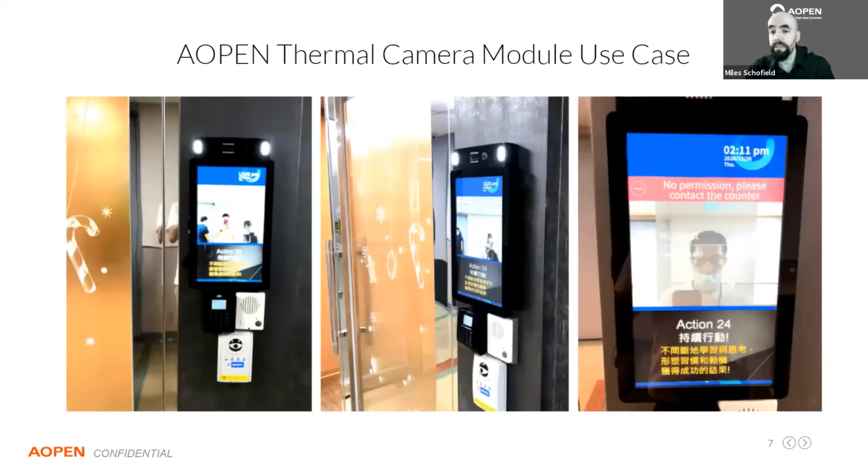So we have released this solution in limited quantity in other regions. AOPEN's a global company, so this is a solution installed at a factory office where thousands of people enter per day. And you can see that it's an AOPEN E-tile 15 with the new AOPEN thermal camera module on top. So thousands of people come in, they go up to this device, it checks them in, recognizes if they work there, if they don't work there, checks if they're wearing a mask, et cetera, all those features that